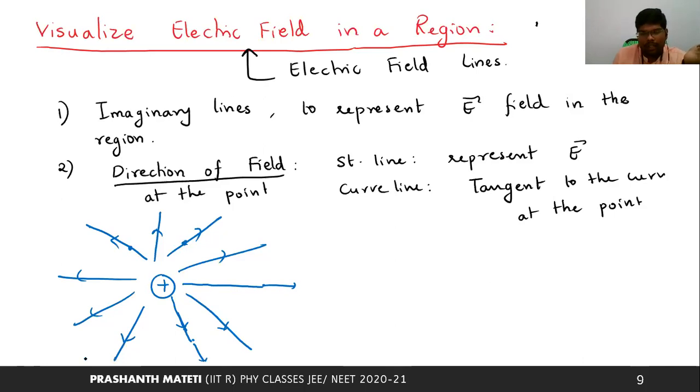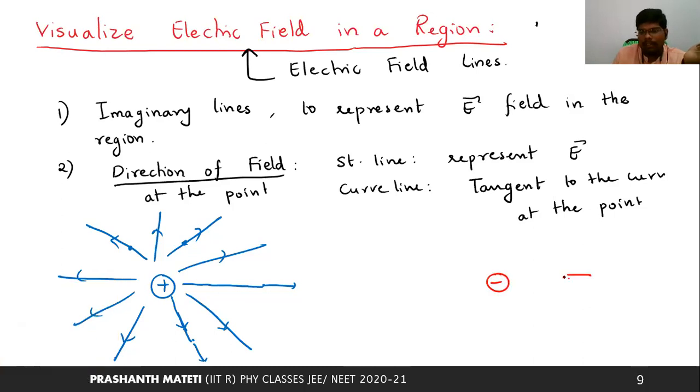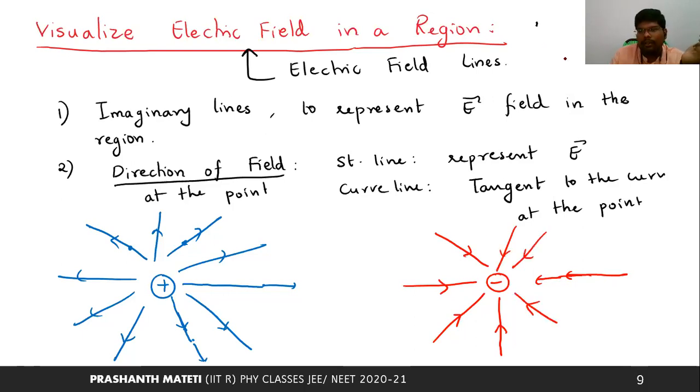And if you take a negative charge, how do you think the diagram will look? For example, if you take the negative charge, it is like this. At this point the field is in this direction, and at this point the field is in this direction. If you join the whole thing, we can show it in this manner. It is towards the charge, because it is attracting the positive charges. That means the field lines are towards it. The field lines, we can also call lines of force. Since it is a negative charge, and by convention we take a positive test charge, this is what is happening.